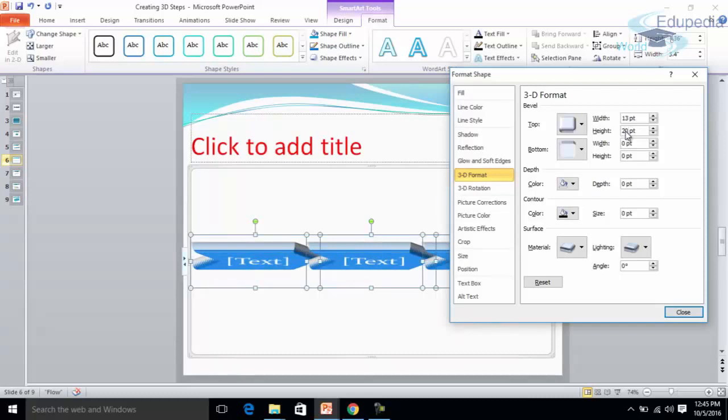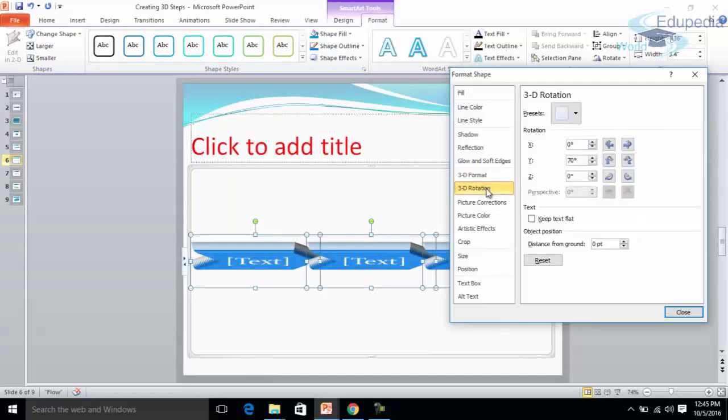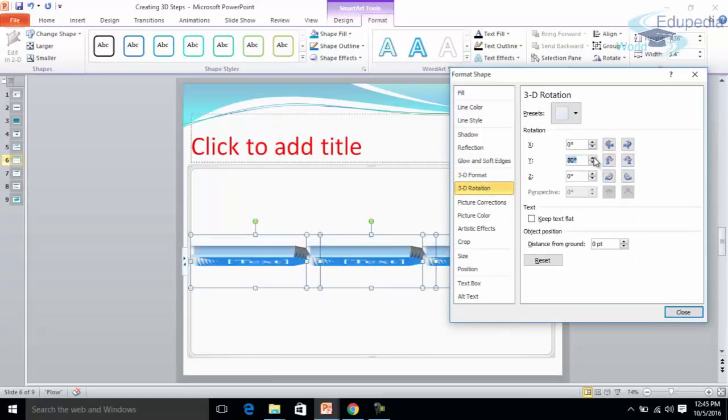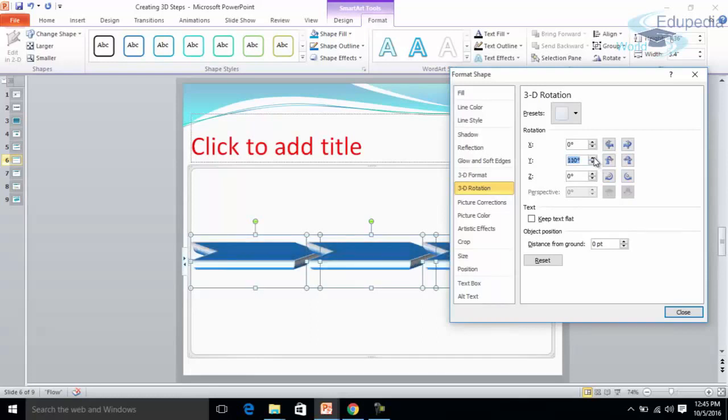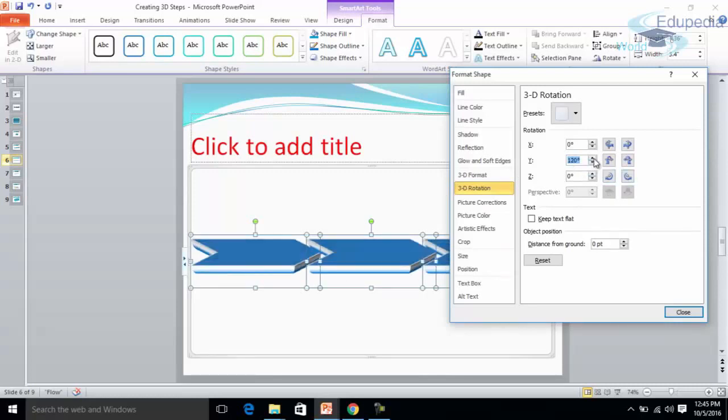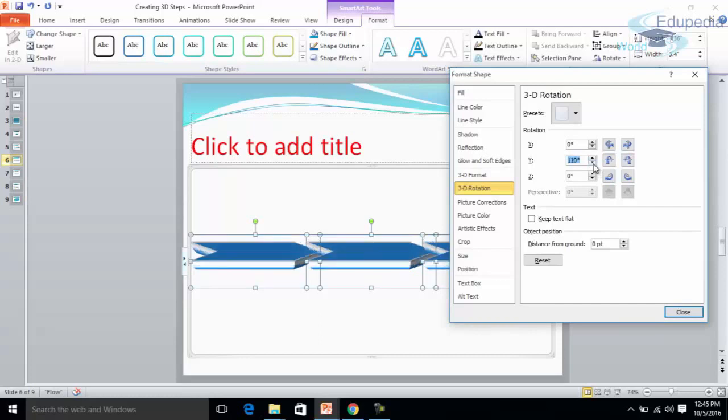This is the height I have given, and so this angle would be great, I think 110 degrees. You can keep changing them and you can see how your object is looking. This is perfect for me, 110. You can keep it this way also, 100 is also good.